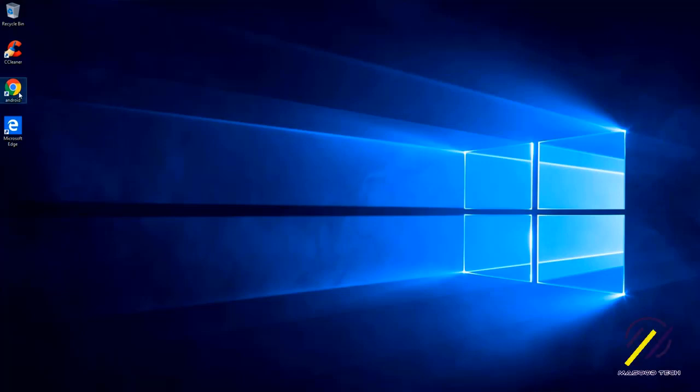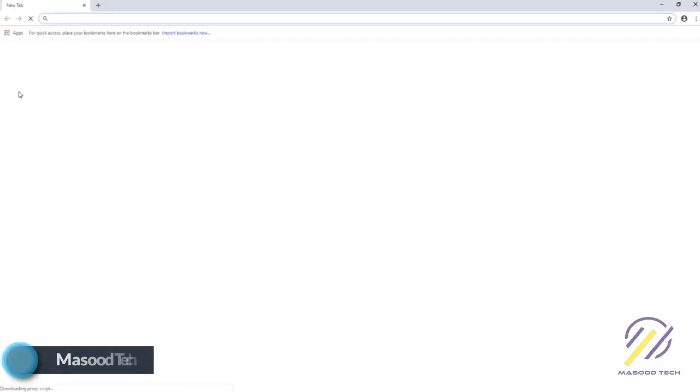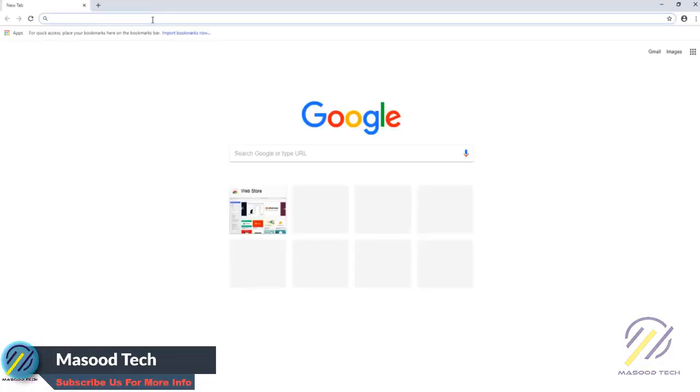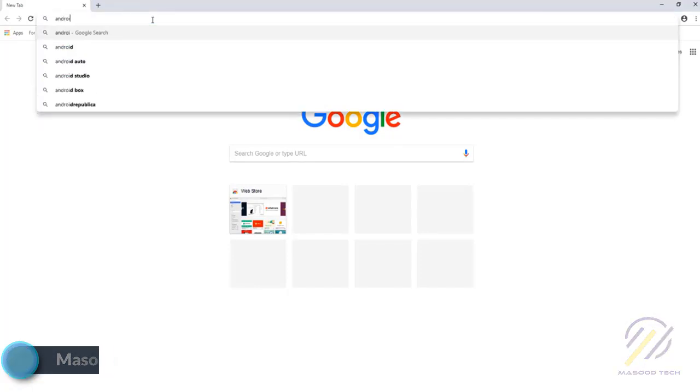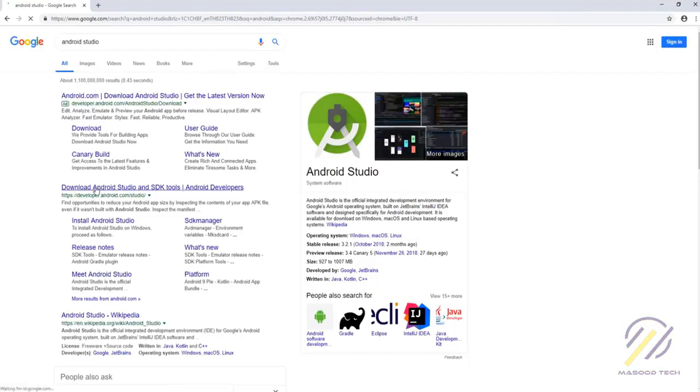So you can open your browser. I am using Google Chrome. You may use any other browser like Edge, IE, or even Firefox, or any other browser that you prefer. So the first thing we need to do is search for Android Studio. That's good, and you can see we have a download link over here, download Android Studio and SDK tools, and we just select this one, and it will take you to